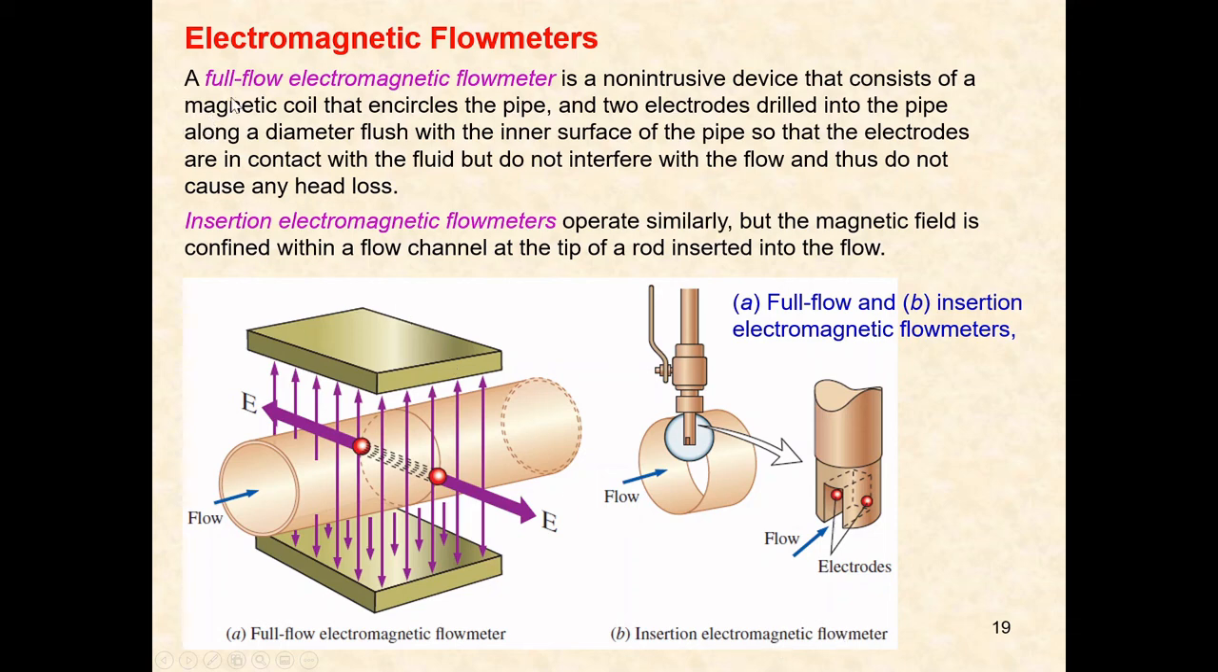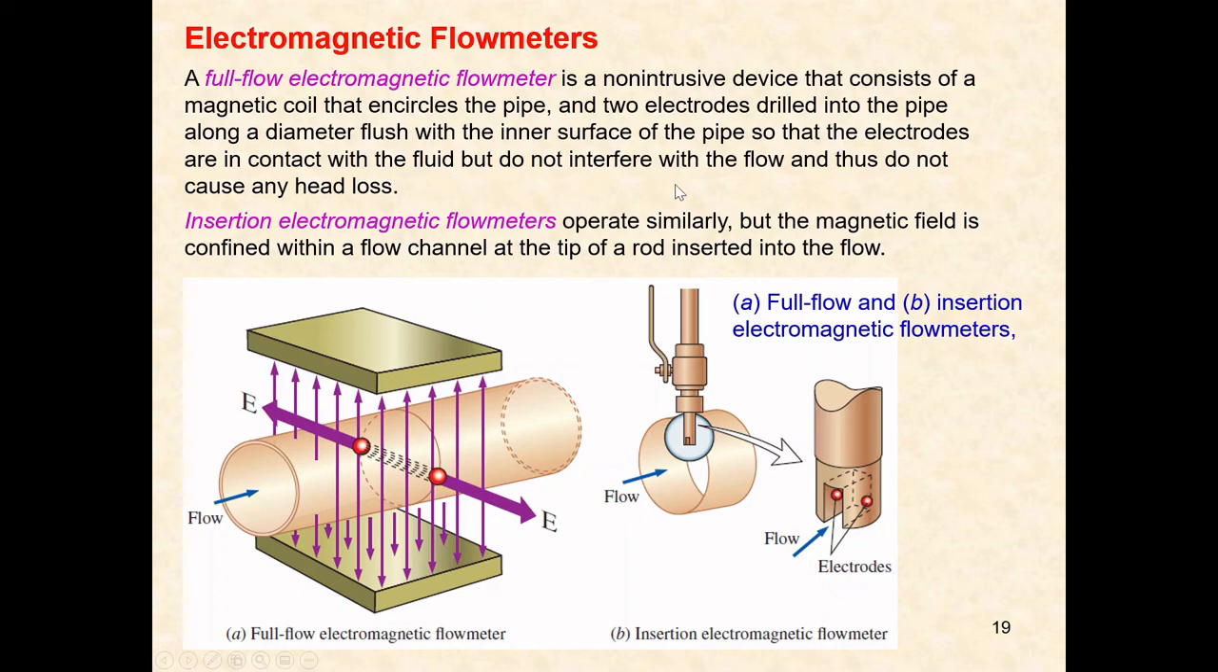So a full flow electromagnetic flow meter is a non-intrusive device that consists of a magnetic coil that encircles the pipe. So we have a magnetic coil outside of the pipe, and two electrodes drilled into the pipe along the diameter, flush with the inner surface of the pipe, so that the electrodes are in contact with the fluid